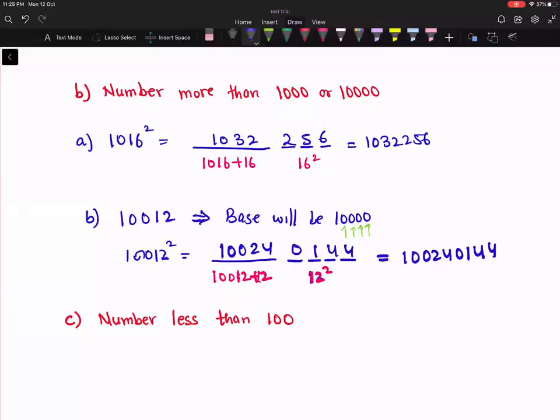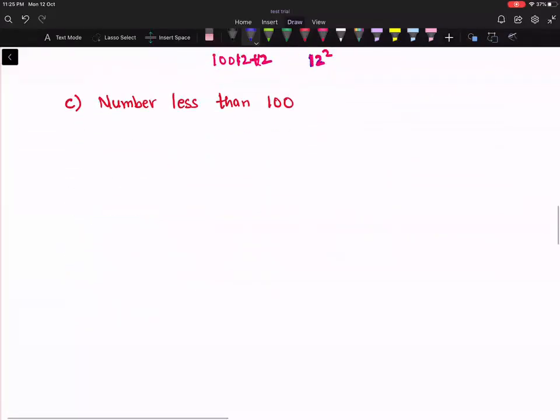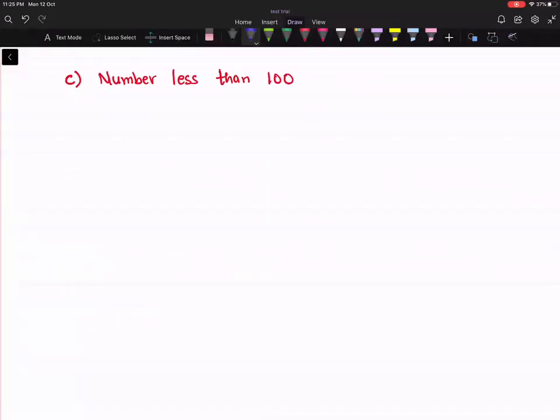This was finding squares for numbers which are more than 100 or more than 1000 or more than 10,000. Very similar approaches if you are taking numbers less than 100 or less than 1000, right? Let's see a number. If I'm interested in 97 square. So before you were seeing कि कोई number 100 से कितना बड़ा है, now you'll see वो 100 से कितना छोटा number है, ठीक है? Rest of the approach will be the same.